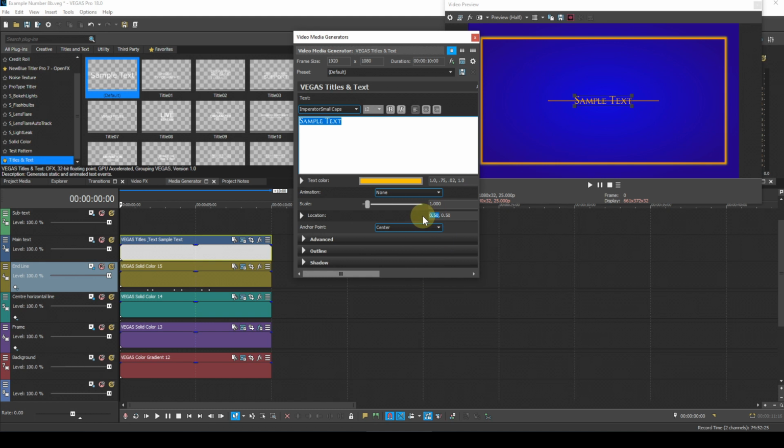That's the X coordinate, and 0.57. And I'm going to change the text to